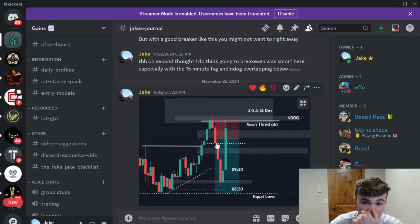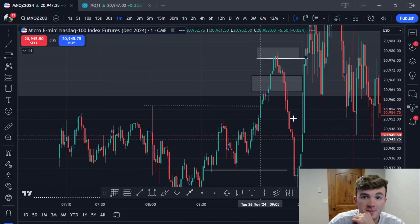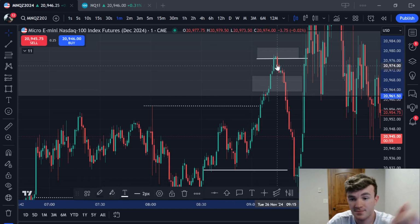We got that 3-minute inversion, targeting these equal lows, targeting this low resistance liquidity, and we hit that 3-minute fair value gap, and unfortunately I got stopped at break even. So kind of lame, but whatever. And then